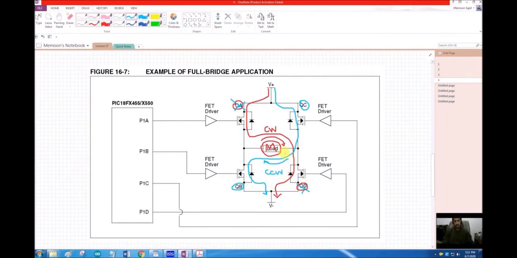This means that if we are able to turn on the transistors in cross at the same time, we can select the direction of the motor. And to control the speed of the motor, we can send a PWM on this transistor instead of just turning it on. If we are just turning it on, that would be considered as a 100% duty cycle.